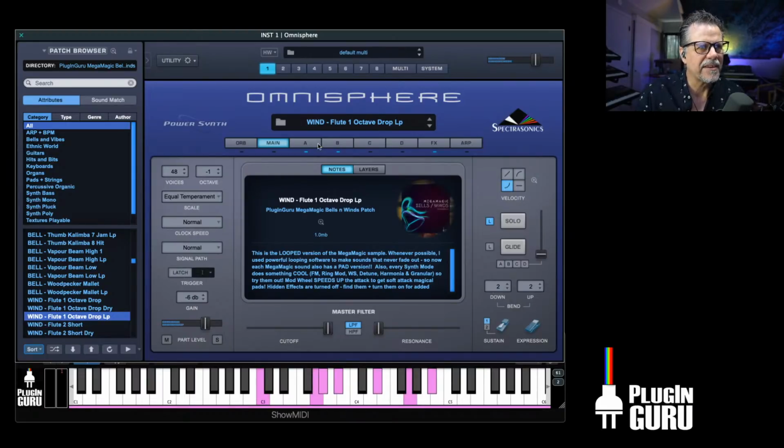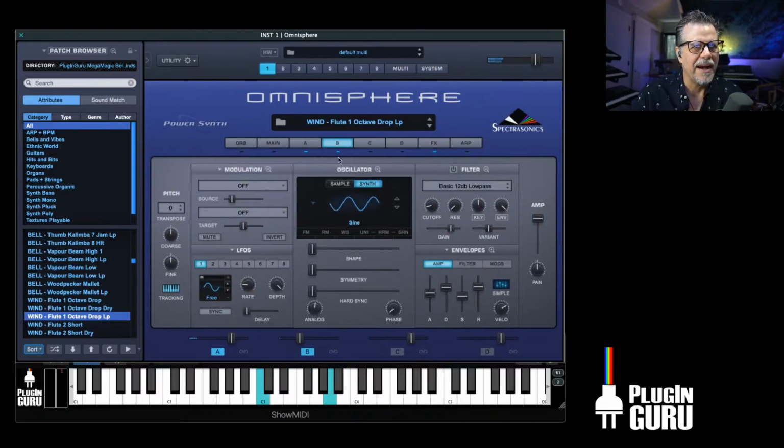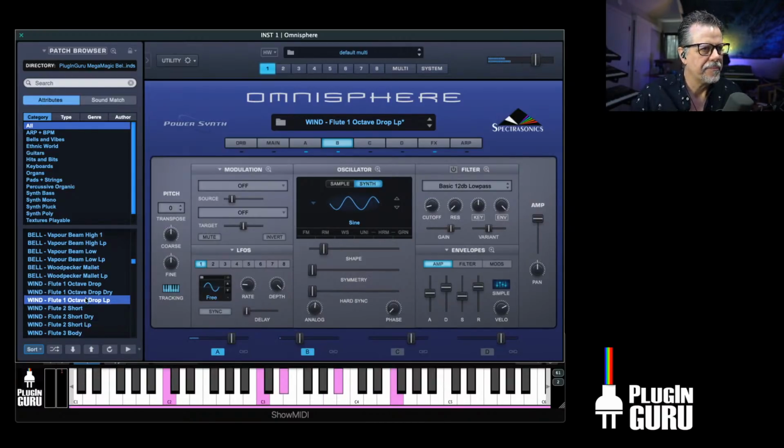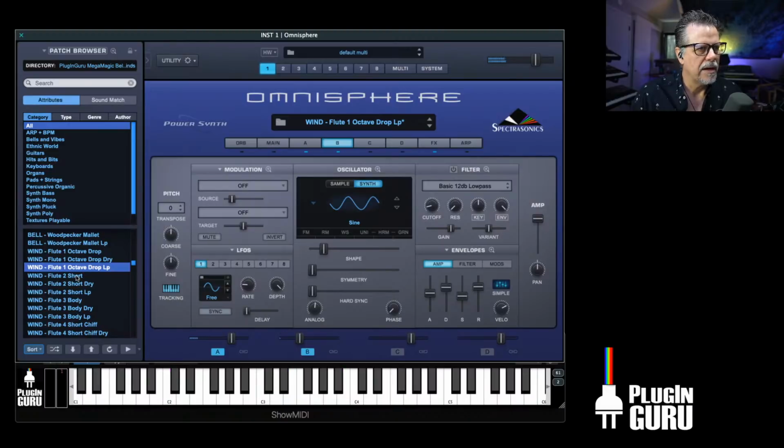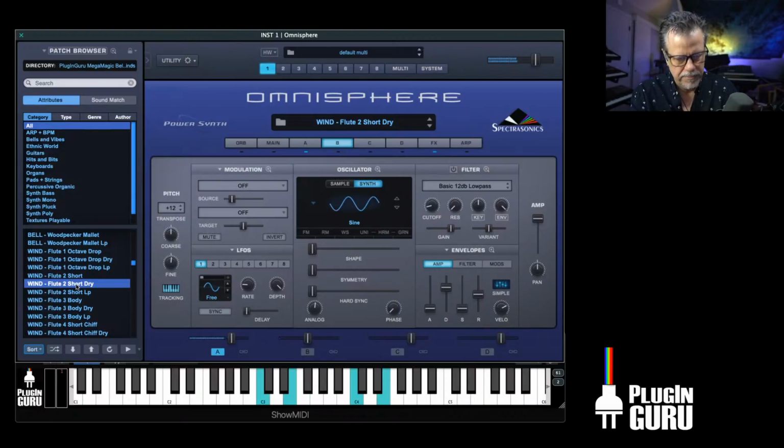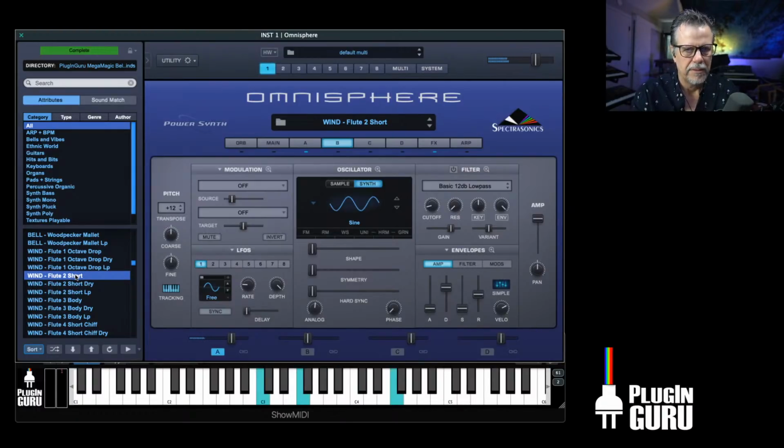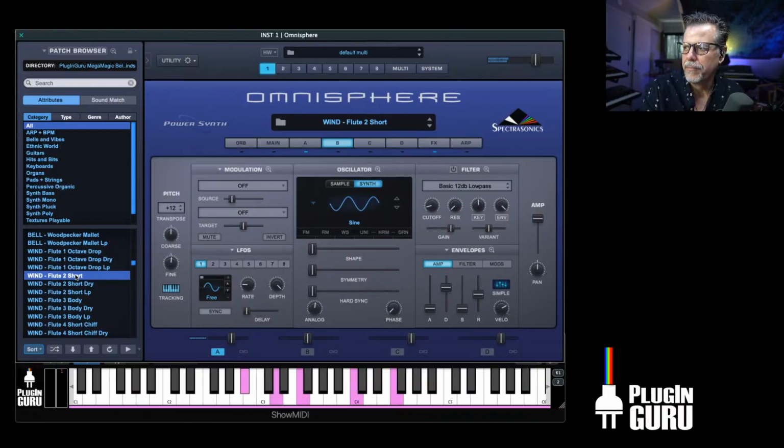I think I added a second oscillator to this one. Yeah. Flutes. Here's a short flute. Just cool nature. That'd be fun to play with, I think. So,